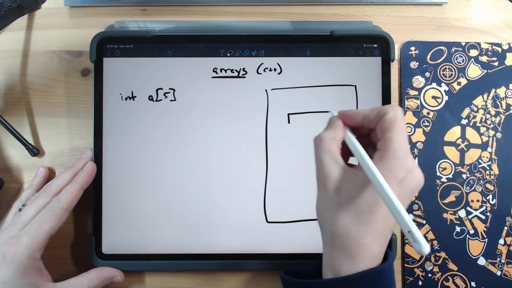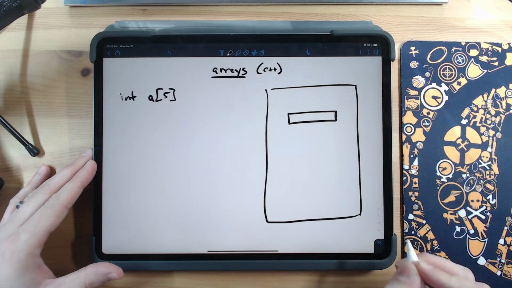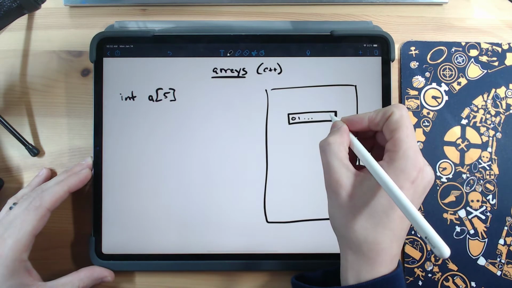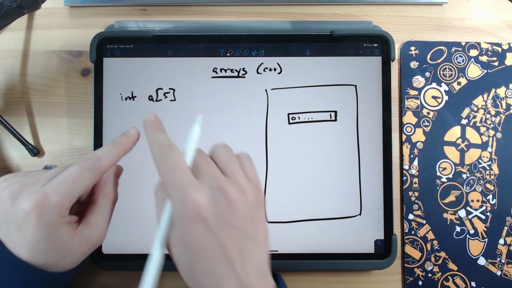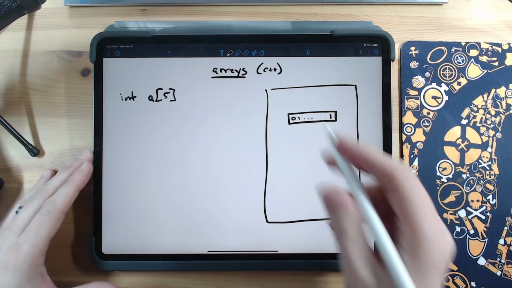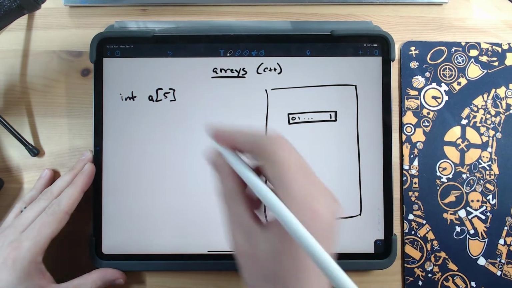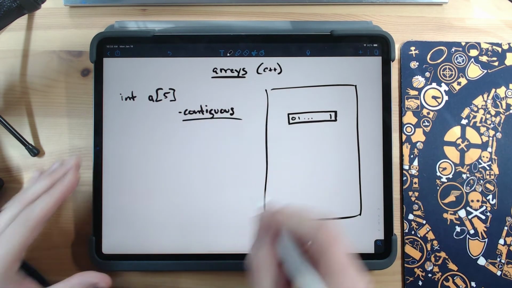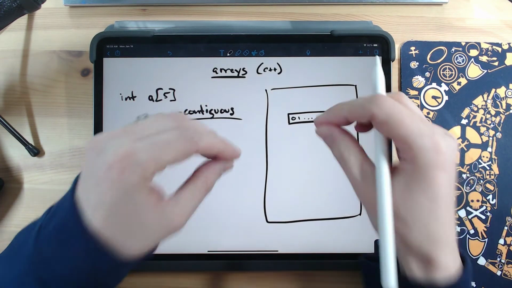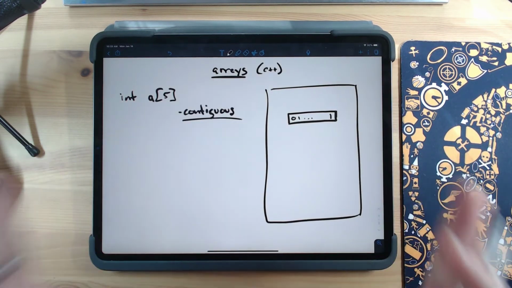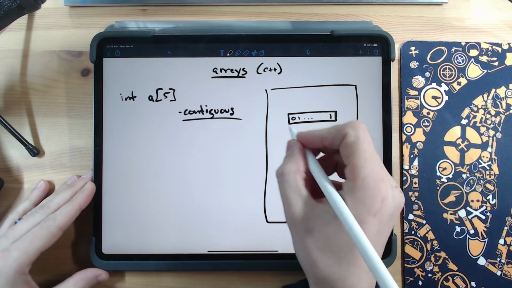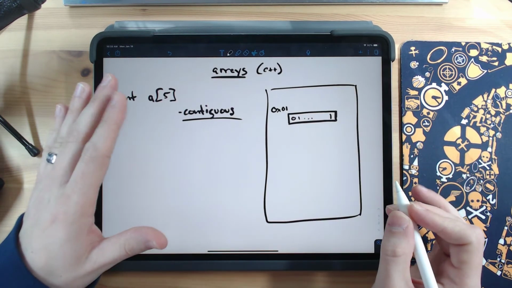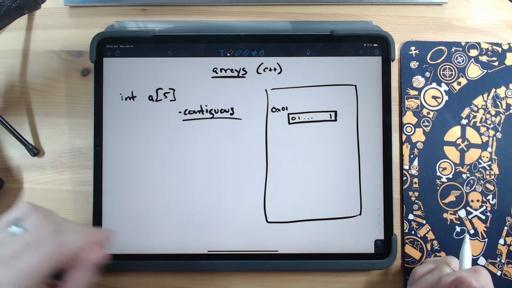Now, a normal integer might take up space that looks like this. Here's a 32-bit integer, and it takes up this much space. It's got a bunch of zeros and ones, dot, dot, dot, or whatever value is inside of it. An array asks for a block of memory. And one important note about this block of memory is that it is contiguous. It is a contiguous block of memory, which means that every single variable in this array is packed right next to each other. So if this has the memory address of 0x01, just for simplicity's sake,